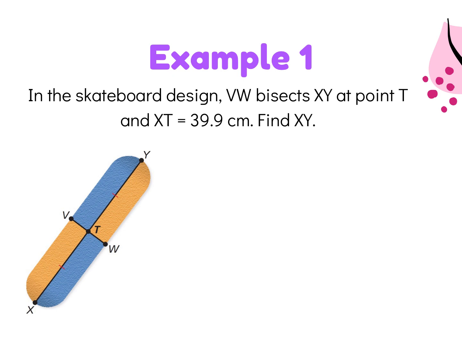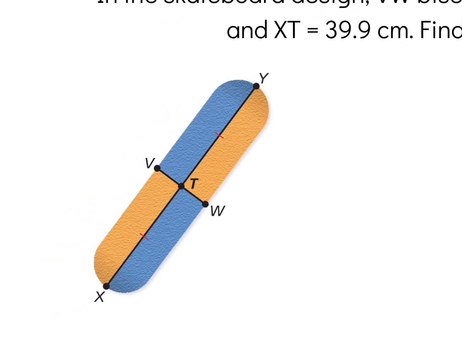Next we have a word problem, and it's got a picture here. This is the top of a skateboard. So it says, in the skateboard design, VW, so that segment, bisects segment XY at point T. Then they're also giving us the length of XT. Now, what was nice here, if you zoom into the picture, you see the little red congruency marks? So in addition to the words telling us that it was bisected, we can also see that XT, which has a length of